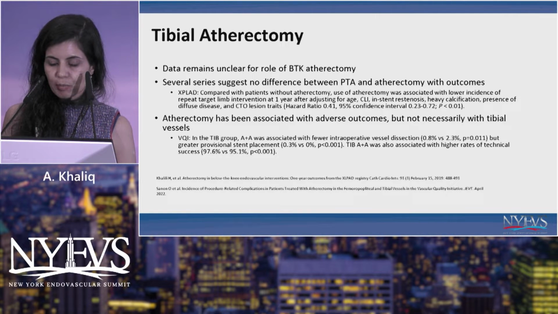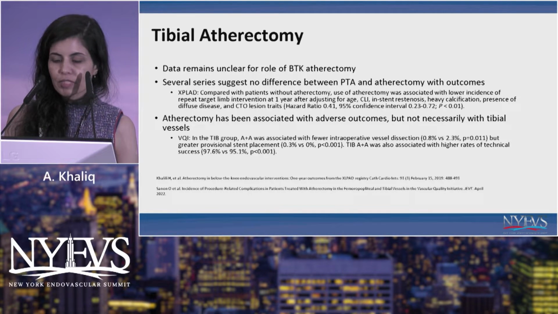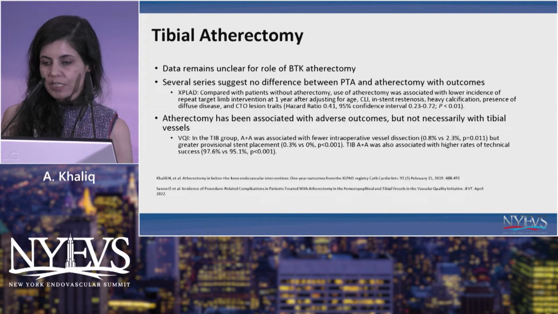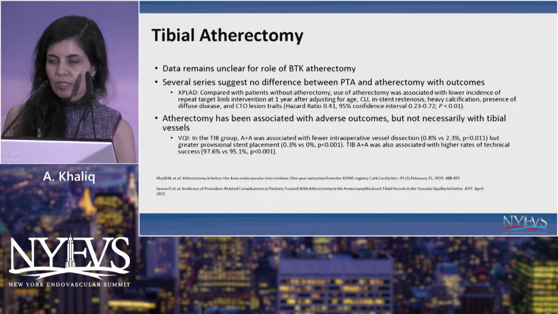And these two papers, which are somewhat recent, in 2019 and 2022, were sort of suggesting that... the first one, the XPDA, was basically real-world registry data. It was published in 2019 by Dr. Khaliq's group. It compared the use of atherectomy, and it showed that atherectomy use had somewhat less limb-related interventions in the following 1 year, especially in the patients who had CLI, in-stent restenosis, and heavy calcification,